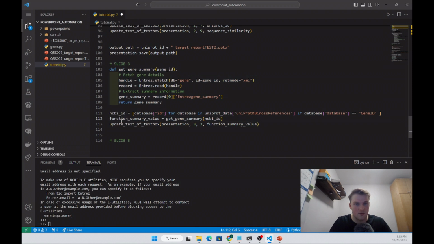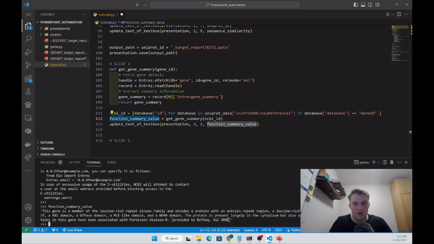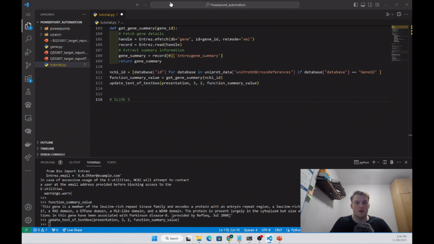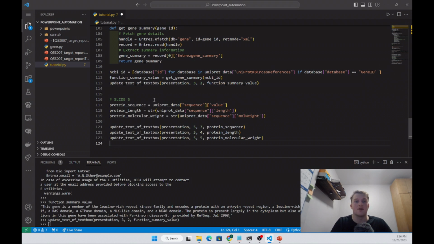and then if we look at the function summary value, there we have a nice description of the function of the protein. And then as we've seen previously, we're going to use this update text box function to update slide 3 text box 2 with that value. You'll have to just trust me that it's in text box 2. That's the text box ID. So if we run that now,